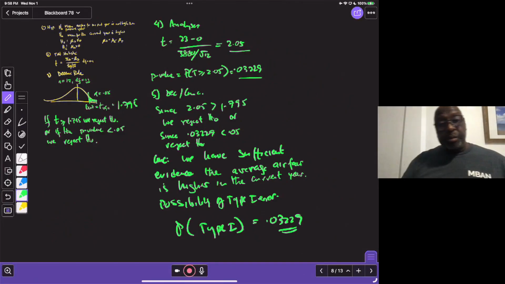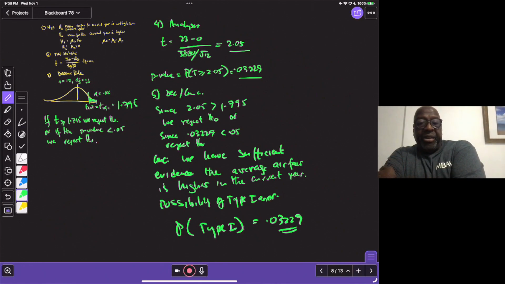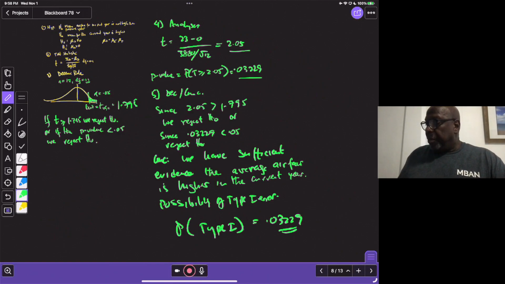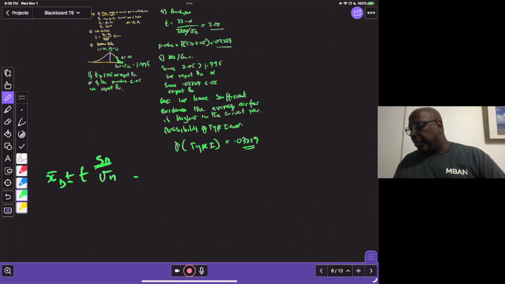Okay, so that's how we would work that particular problem. If we want to get a confidence interval, say a 90% confidence interval, let's use 90% because we'll end up using the same critical value. Then what we would have to do is simply take x bar d plus or minus t critical times s d over the square root of n, in which case that would be